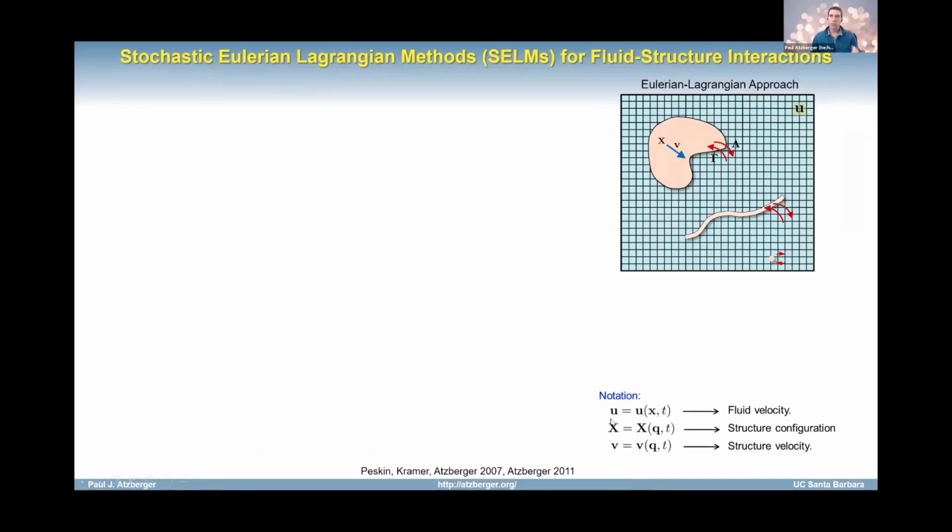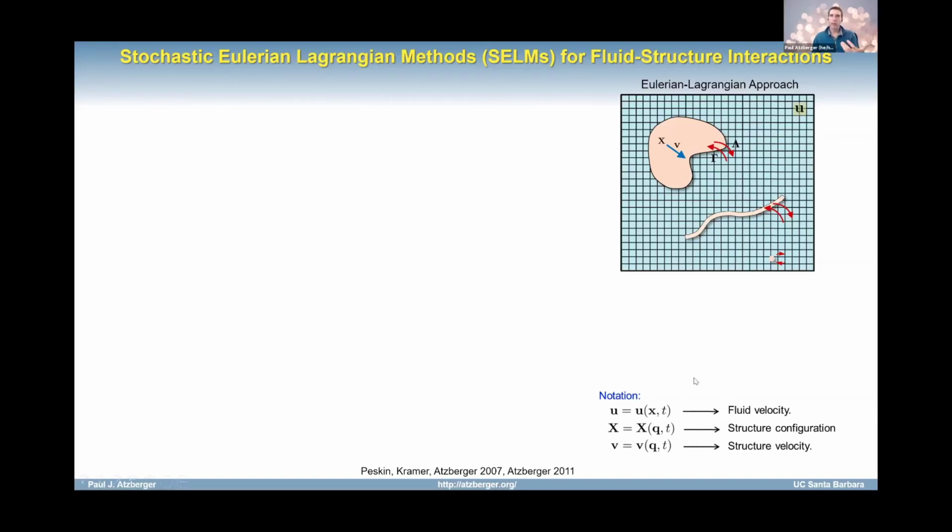And so just to introduce the notation that I'm going to use throughout, we'll have that U will be the fluid velocity that you can think about as being this whole blue region that's described in the Eulerian frame. Again, like I said, I like to think about the immersed boundary method as modeling a hybrid material where the fluid equations are doing double duty. They're accounting for the momentum of the fluid as well as the elastic bodies that are immersed in the fluid. And so that's very powerful because then you only need to computationally track one momentum field throughout, and all these wonderful computational advantages come out of that.